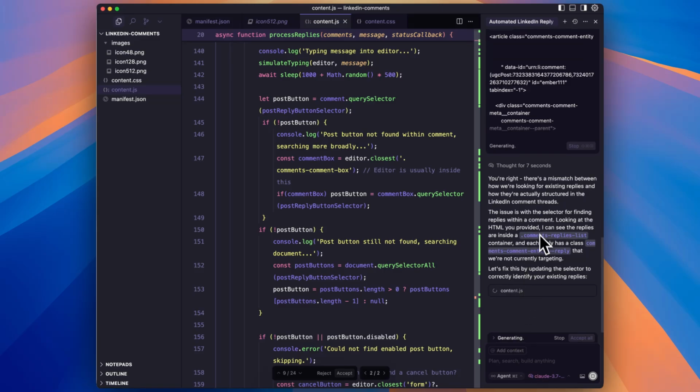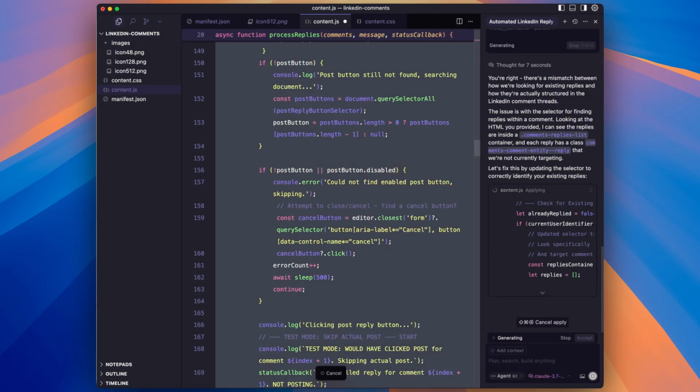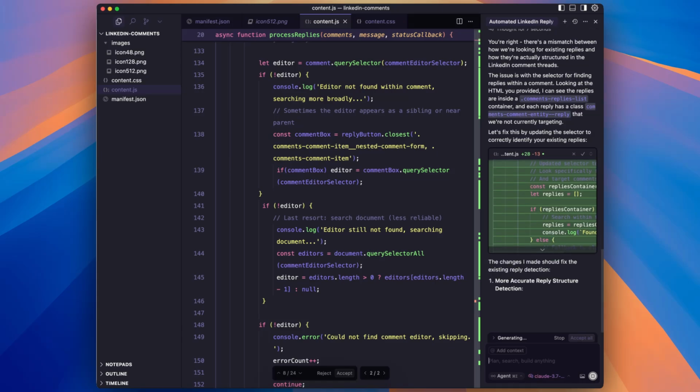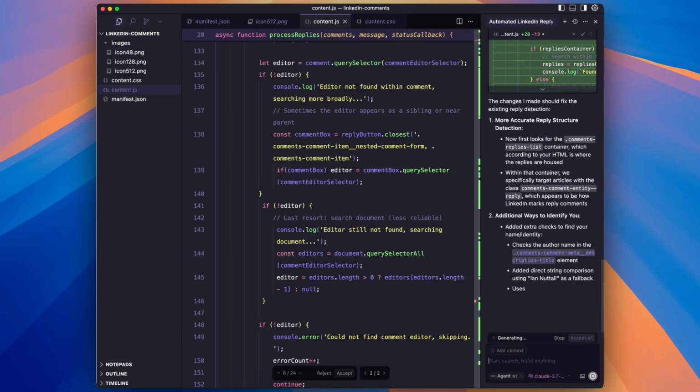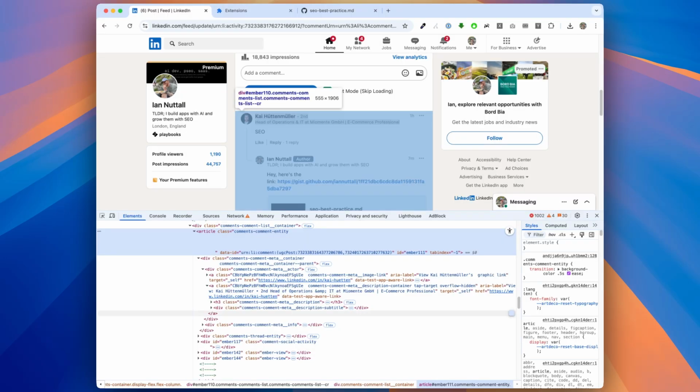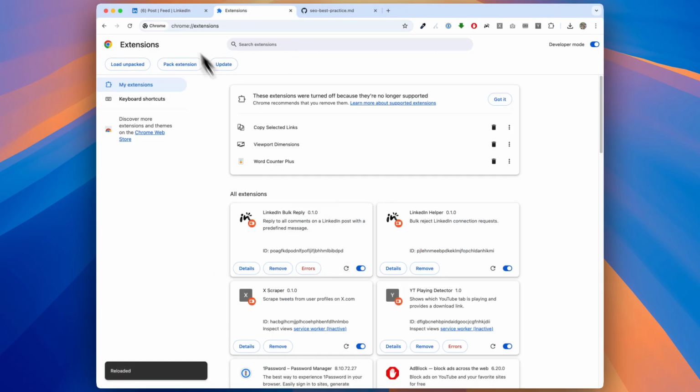Okay, so Sonnet thinks there's an issue with the selectors in the replies. So let's see if it can figure it out better than Gemini did. We're 34 minutes in. I'm hoping to get this done within 45 minutes. If not, I might as well have just done it manually. Okay, let's try again. Reload.